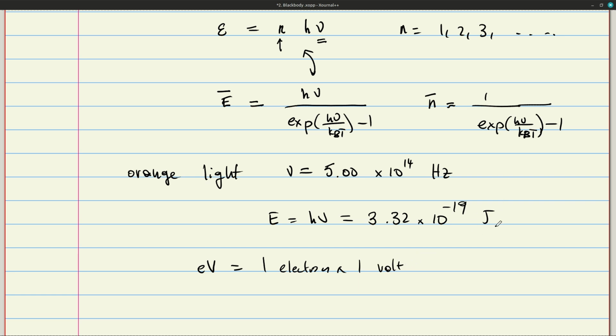You can just convert joules to electron volts. Let me just write the result. This is equal to 2.08 electron volts. And typically we are going to have electron volt energies in quantum physics, and this electron volt energy turns out to be huge in the atomic